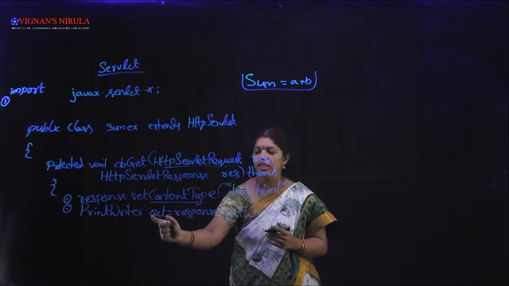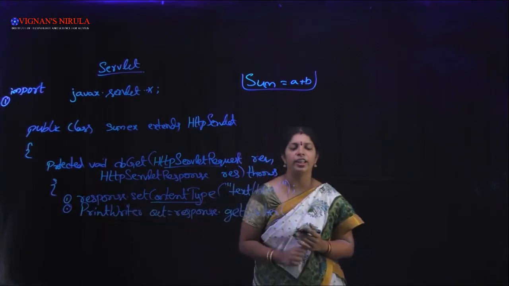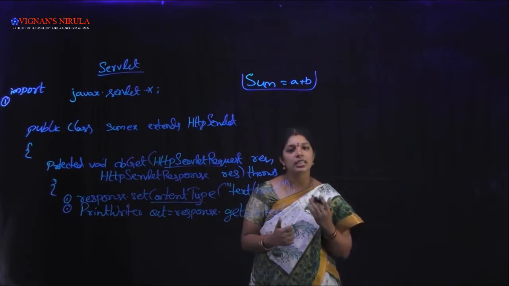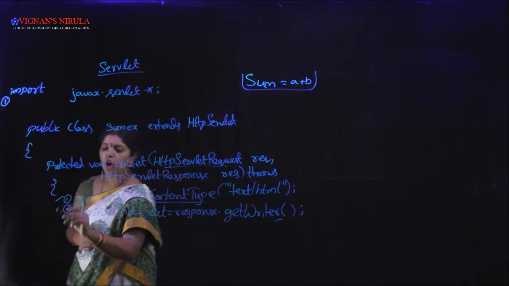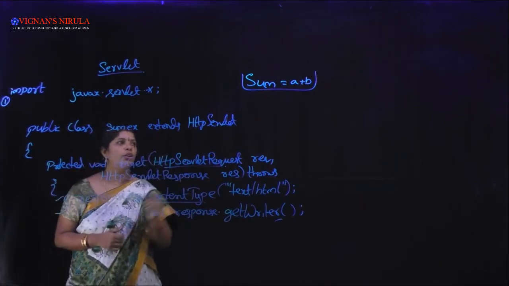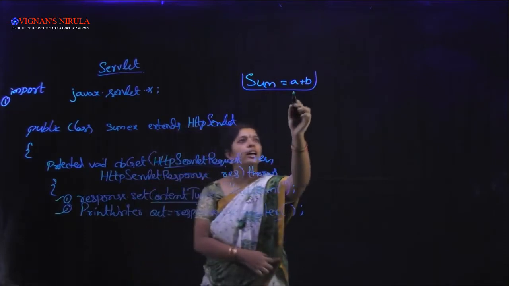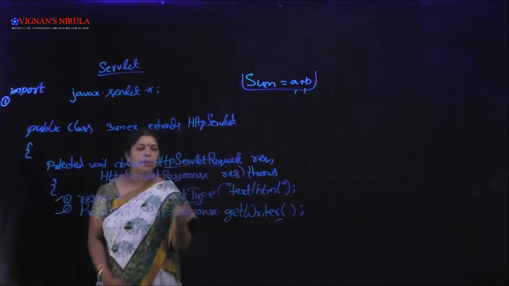So here, by using the out, the PrintWriter, and response.getWriter, we are displaying the result of our current web page. These two are mandatory for every servlet program. After that, I want to read the A and B values. How to read the A and B values? By using the